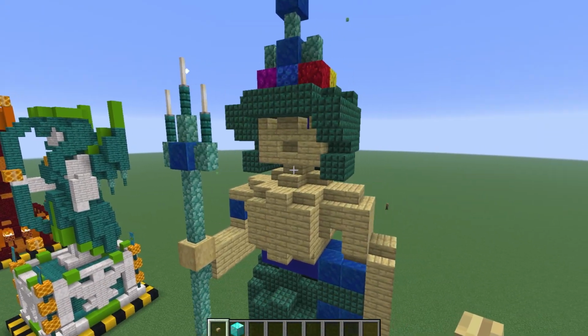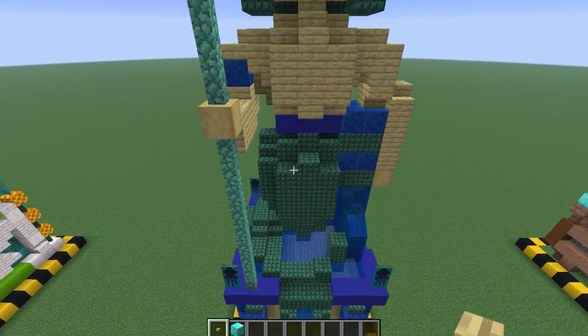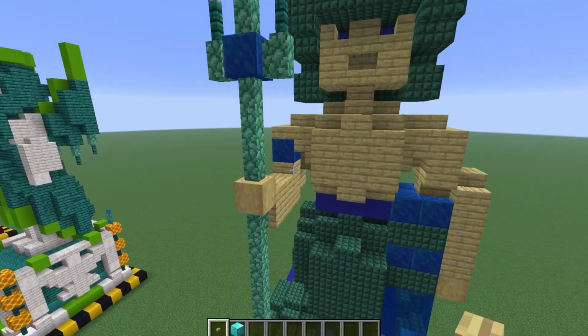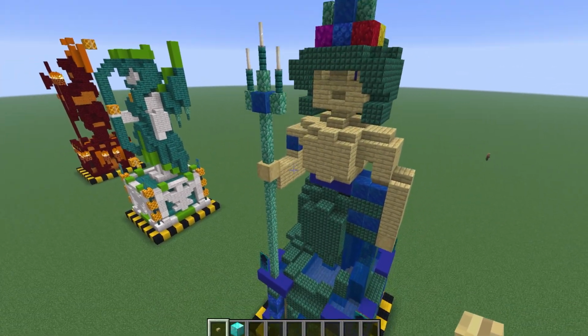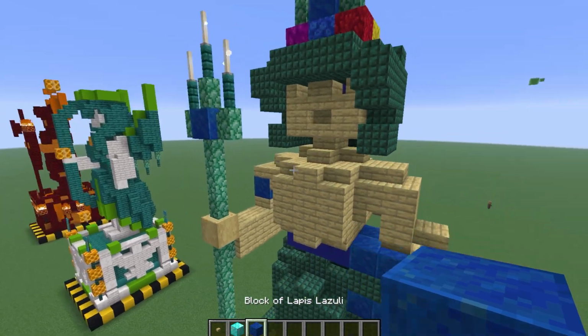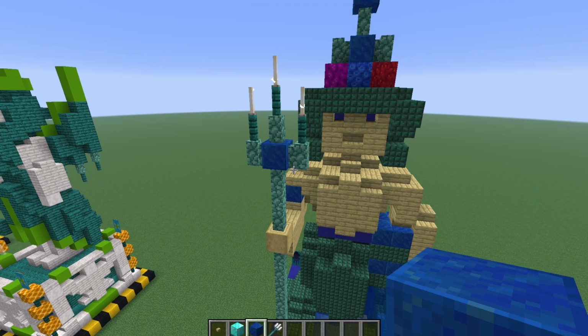I think that if I wanted to go even further, I would add a couple of corals to act as fins, but I think I'm good enough as it is. The special block for this one is lapis lazuli. I wasn't exactly confident in any of